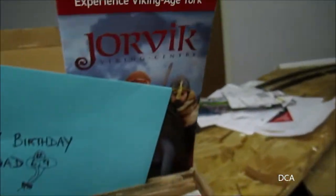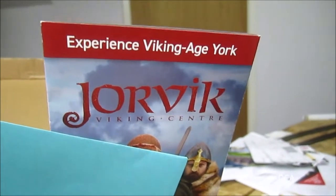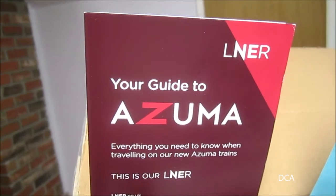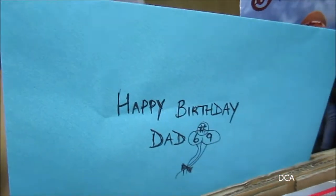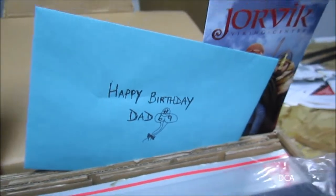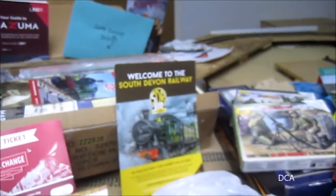I went to the Jorvik Centre in York. What an experience that was. And I had a ride on an Azuma. More about that in another video. Also, while I was there in England, I had a birthday, and my kid sent me that card. So, alright,